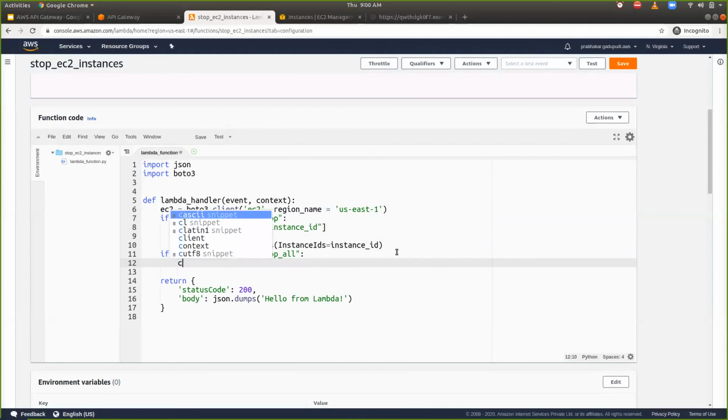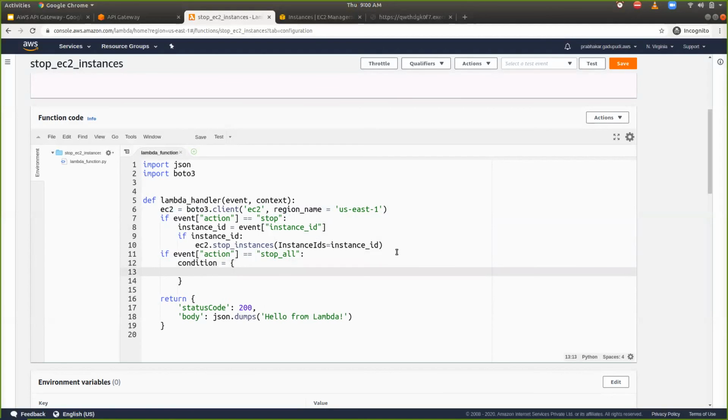So here I'm using it as a condition, and for that condition I can specify the name. I want to stop only the running instances, because if I try to stop an already stopped or terminated instance, it will throw an exception.